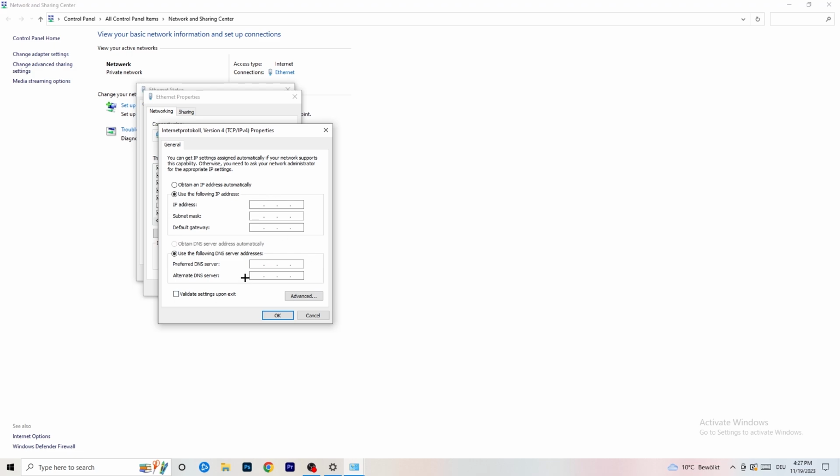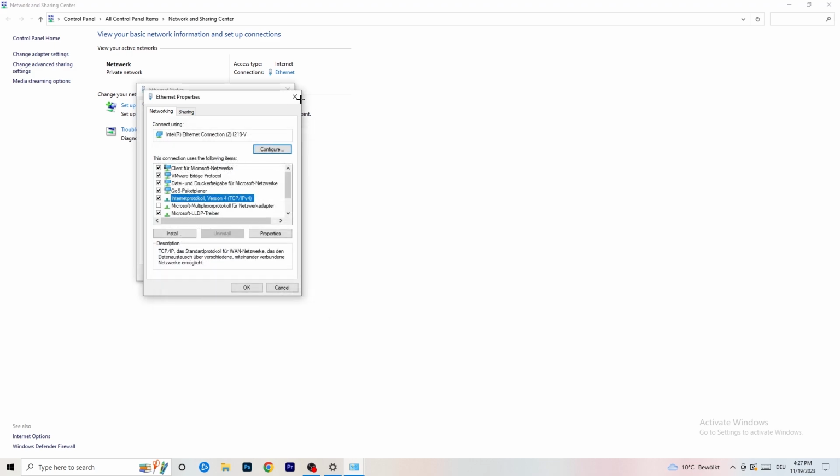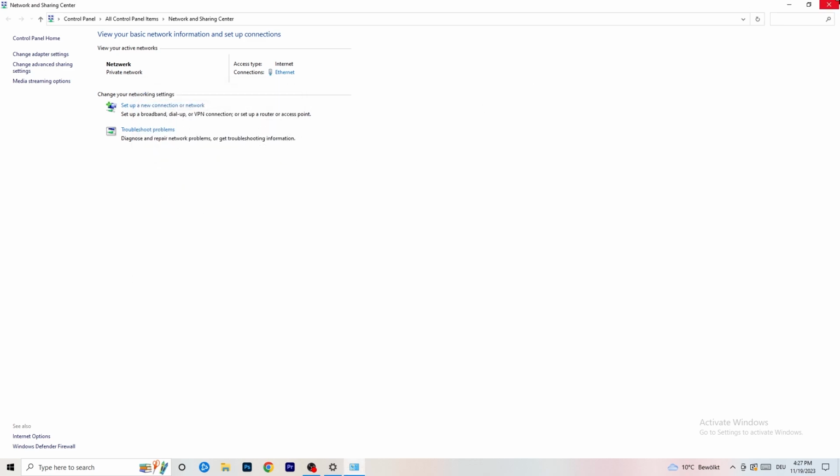And on the preferred DNS address, so use the following DNS server address, you need to enable that, of course, to type it in. You need to Google it for yourself. So just go to Google your DNS server address, and you're going to type in your DNS server address, and afterwards click on apply and OK. So now you can close everything of that. Go back to your